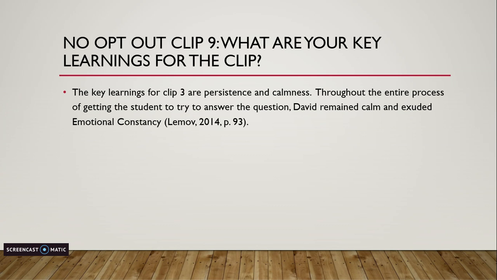No opt-out, clip 9. What are your key learnings for the clip? The key learnings for clip 9 are persistence and calmness. Persistence and calmness are the key learnings because the teacher, David, refused to allow the student to not try and